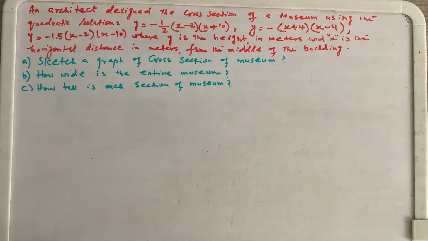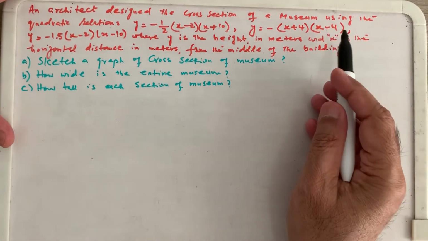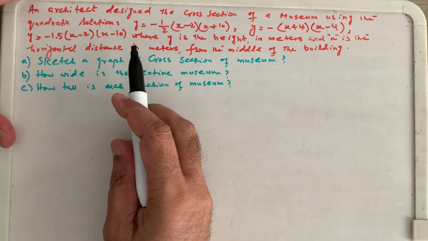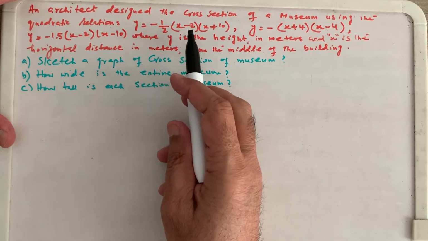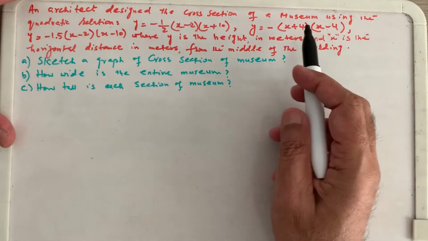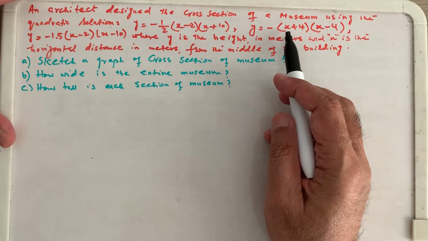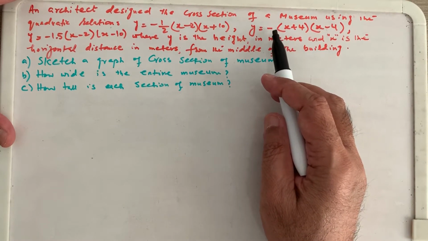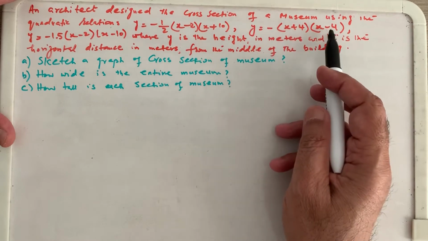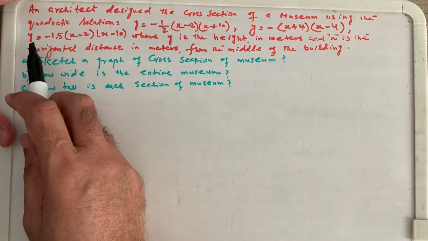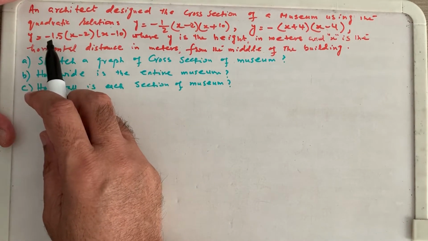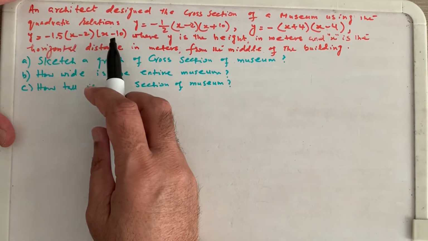So today we have another word problem which is called cross section of the museum. And the question is, an architect designed the cross section of a museum using the quadratic relations y equals minus half times (x minus 2) times (x plus 10). Another one is y equals minus 1 times (x plus 4) times (x minus 4). The third one is y equals minus 1.5 times (x minus 2) times (x minus 10),